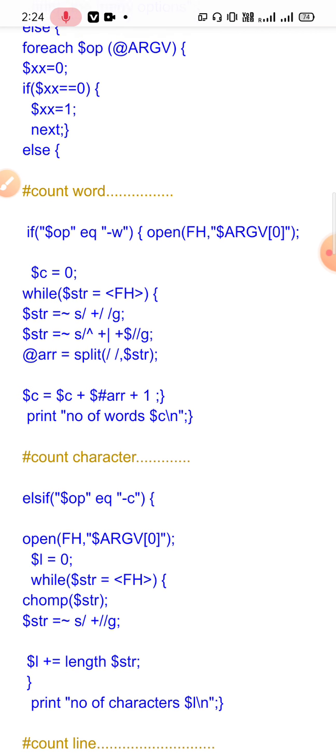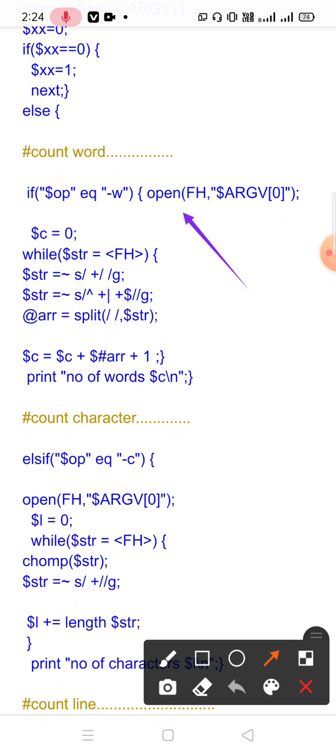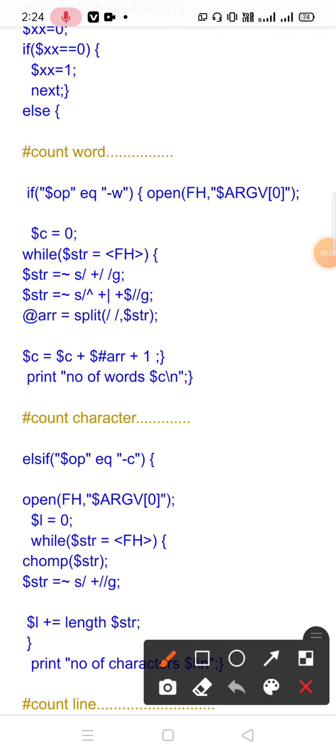Word count. At first is word count. If the option equals minus w, we have to calculate the words. Now we are going to open the file using the open command here. fh is the file handle here, and $ARGV[0], that means the 0th element of the command line argument.